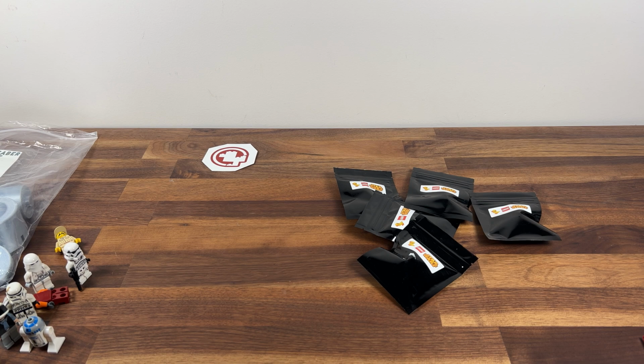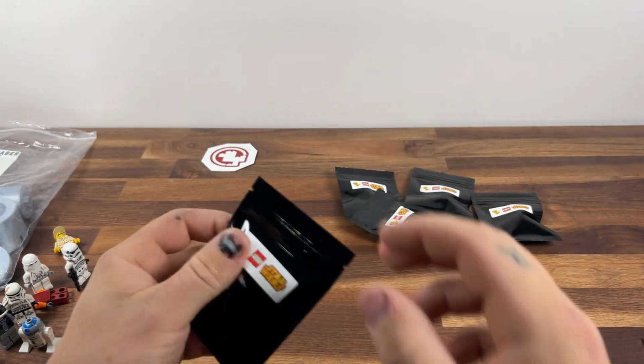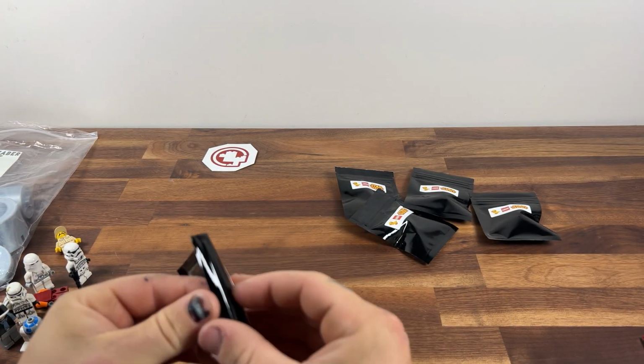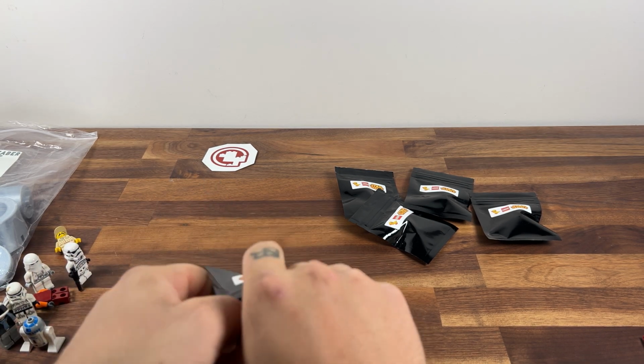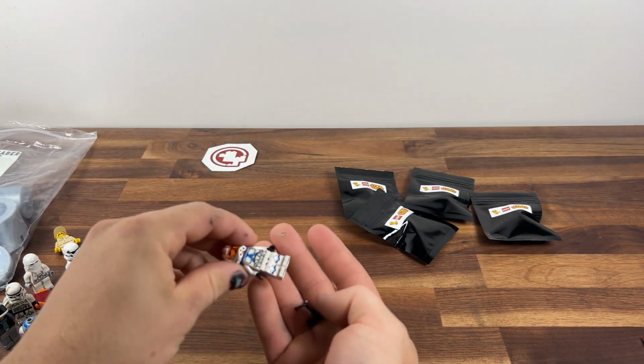So now all of them are open except for the official clone blind bag, so let's get right into them. Got 5 of these, so hopefully we can get something good. I think these ones... Alright, so first up we get a